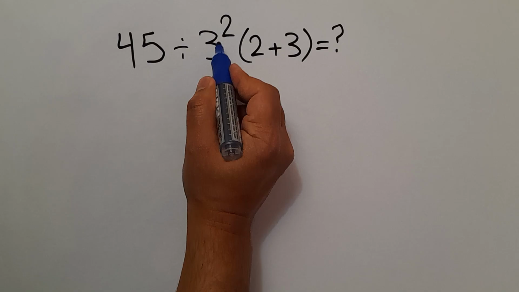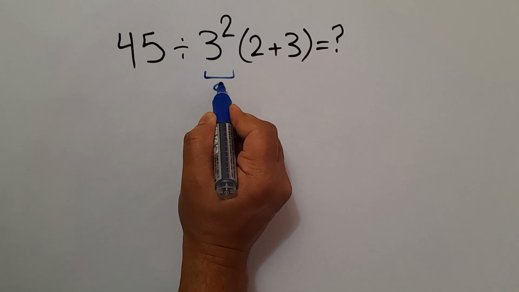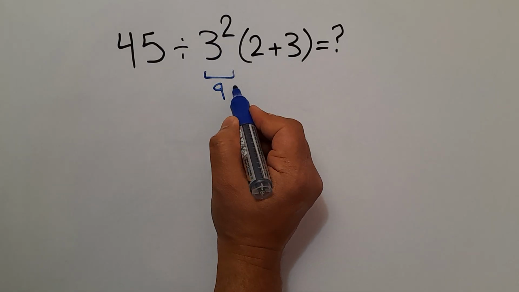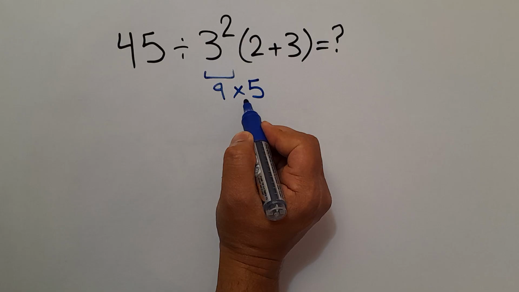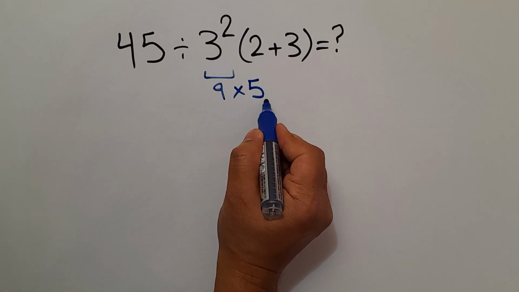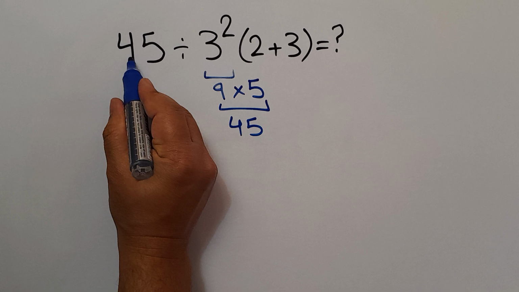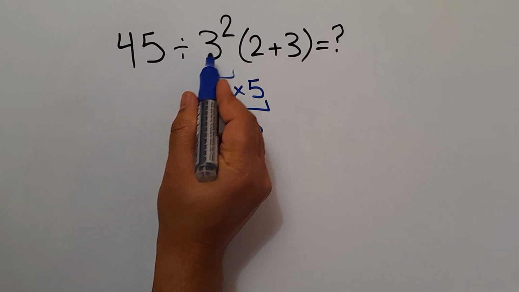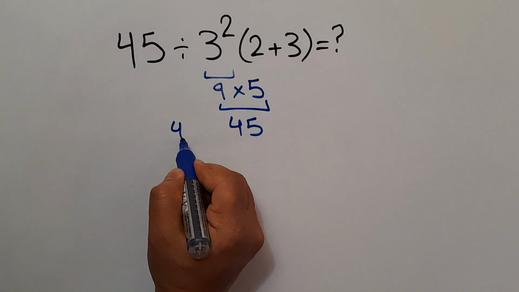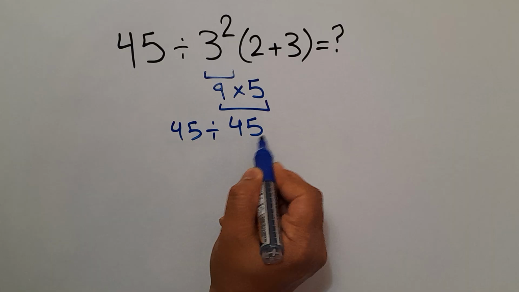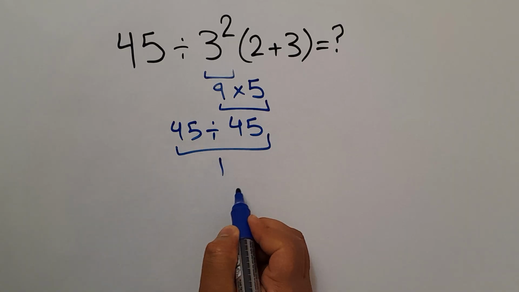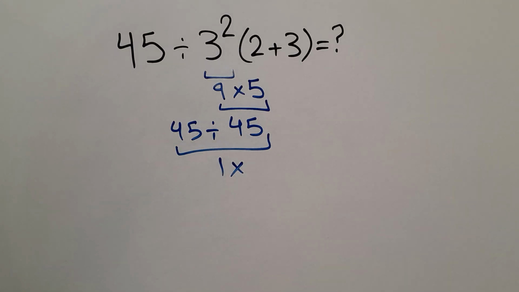3 squared gives us 9. 2 plus 3 equals 5. 9 times 5 equals 45. And we have here 45 divided by this. So 45 divided by 45, which equals 1. But this answer is not correct,